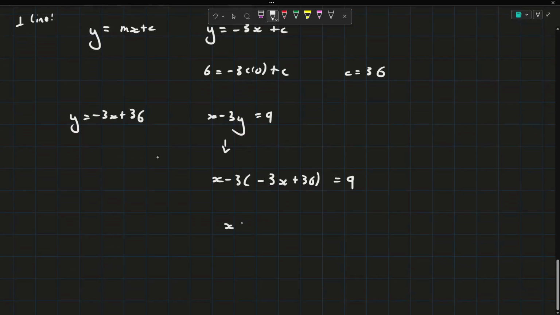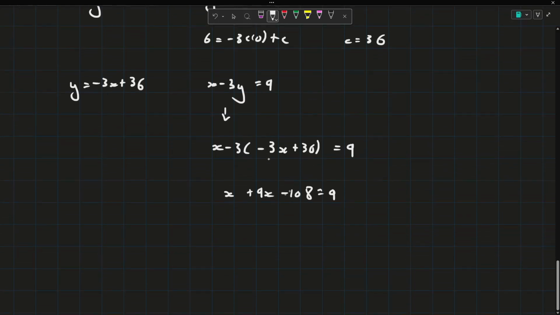Then we'll have these multiplied together, which will give us plus 9x. And then minus 3 times 36, I think it's 108. It is indeed 108, so it'll be minus 108 equals 9. Then we can bring that to the other side, and we get that 10x is equal to 117. That means that x is equal to